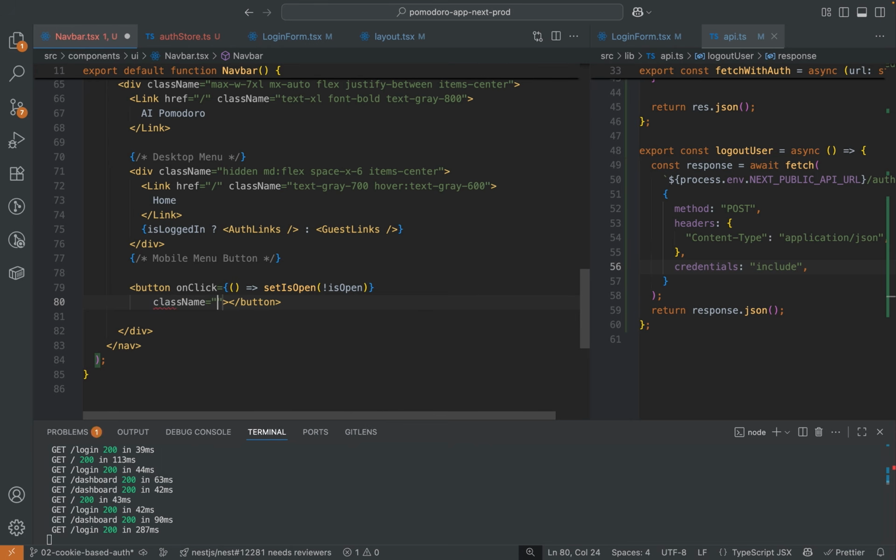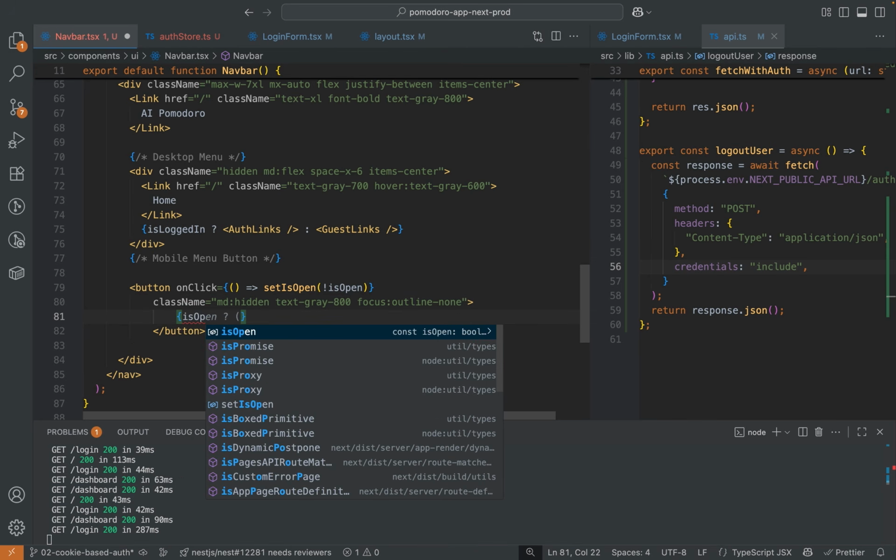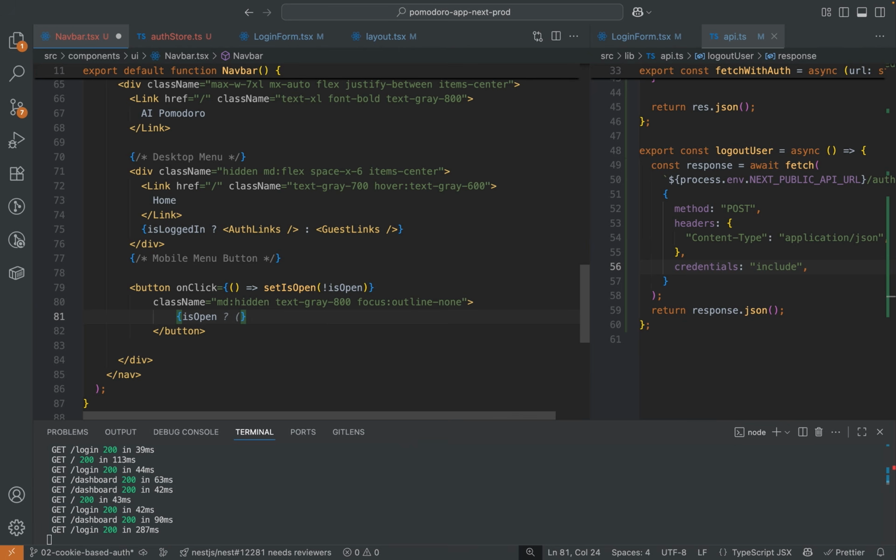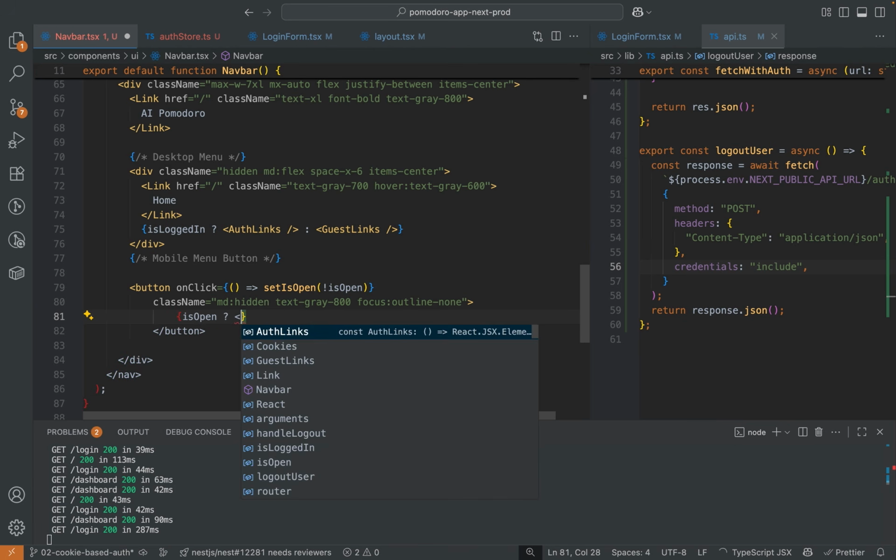Let's define the class name. Call it md hidden, text gray 800, and focus outline dash none. Here, if isOpen, if the button is open, then we should add the X